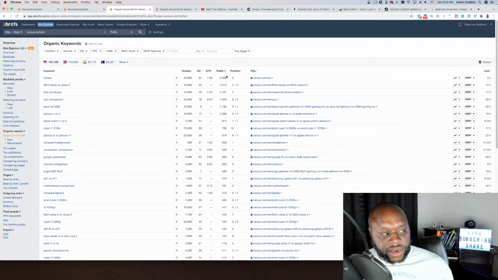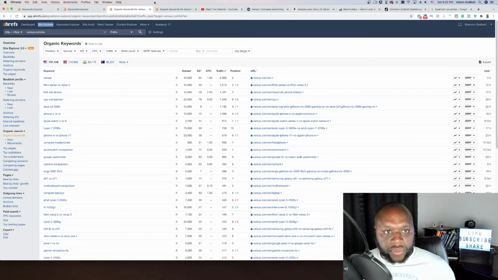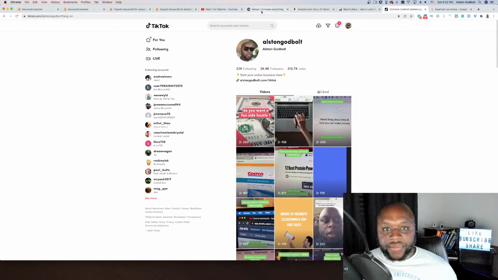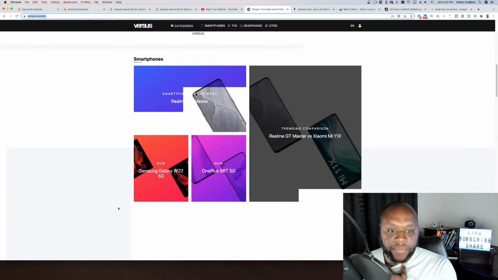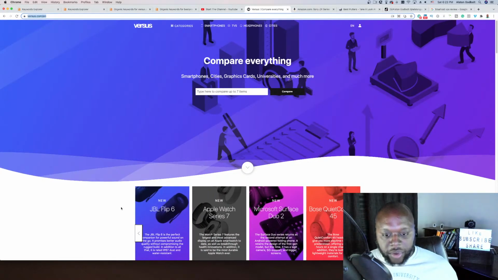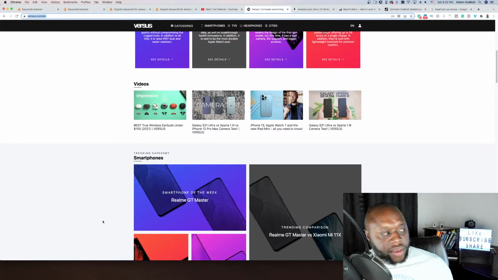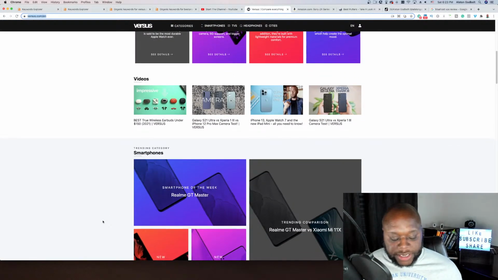Strip out all of the stuff that doesn't make sense, like sporting teams, MMA, boxing, soccer. I also had to strip out things like lavender versus lilac. And you can create content there. If you don't think this works, this website is not it. But there's a website called versus.com. This is it right here. This is what they do all day. They simply create versus content. Create the content, put your affiliate links into Amazon or Best Buy or B&H Photo, wherever it may be, and you can make money.